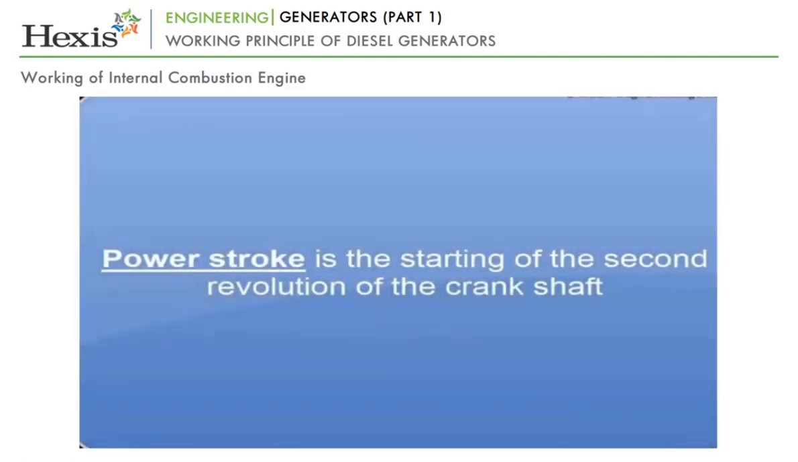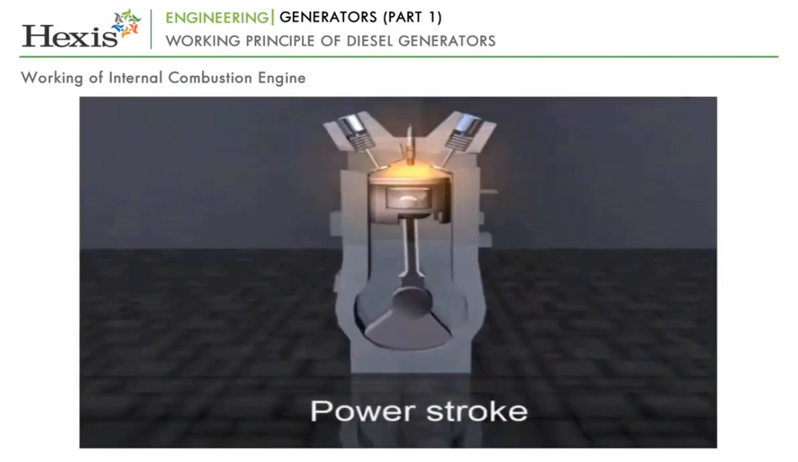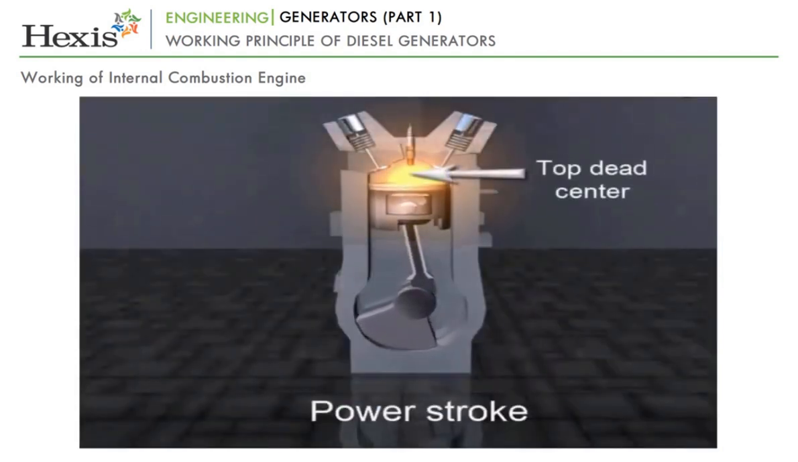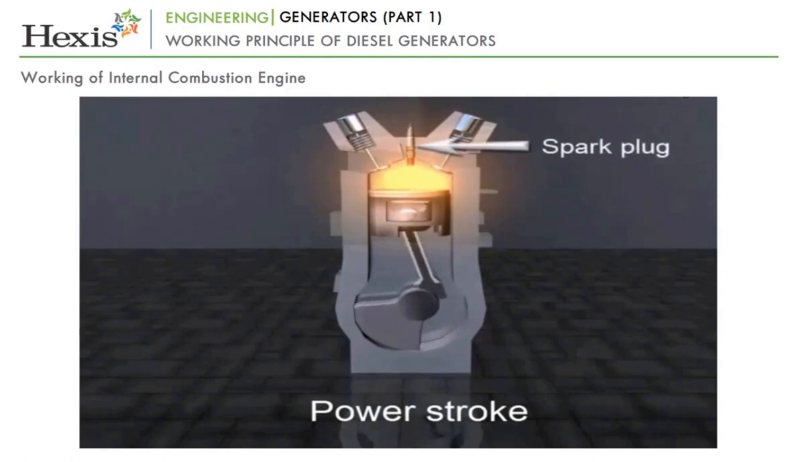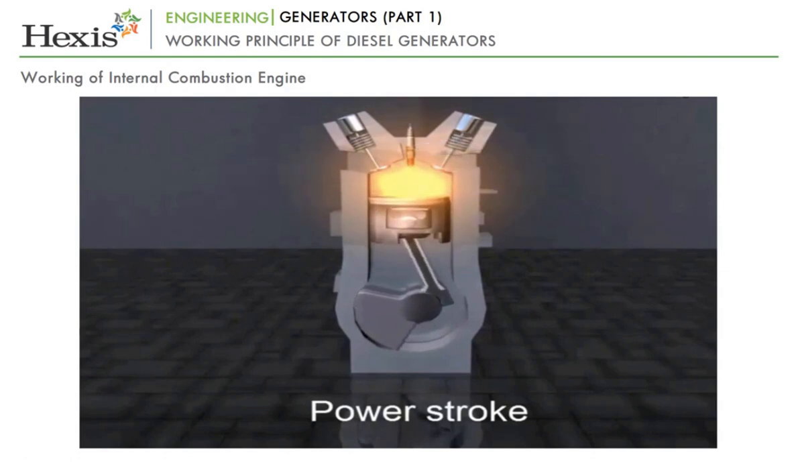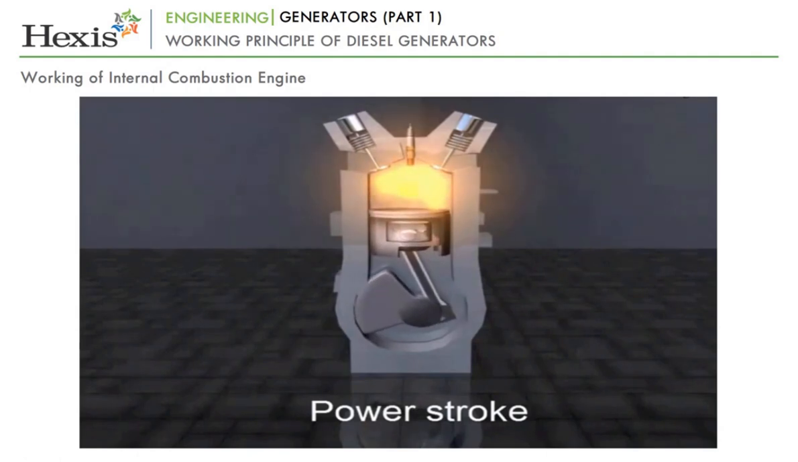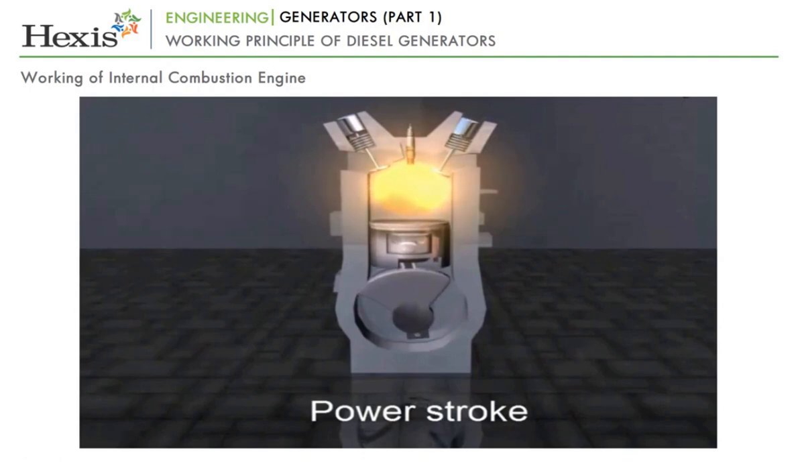The power stroke is the start of the second revolution of the crankshaft. While the piston is close to top dead center, the spark plug produces a spark and the compressed air-fuel mixture is ignited. The resulting massive pressure from the combustion of the compressed fuel-air mixture forces the piston back down towards the